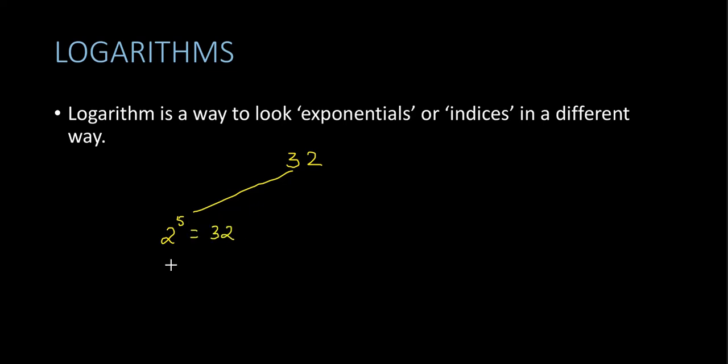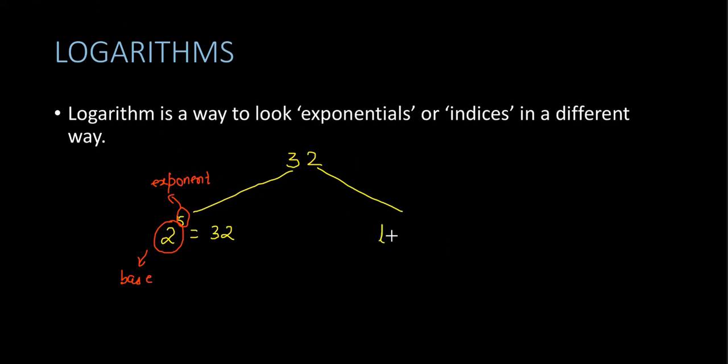Okay, this is called your exponential form, in which this number 2 is your base, this number 5 is your exponent or the index. That's why it is called an exponential form, and this 32 is our value, or you can say the output. Okay, another way of writing this 32 is this,